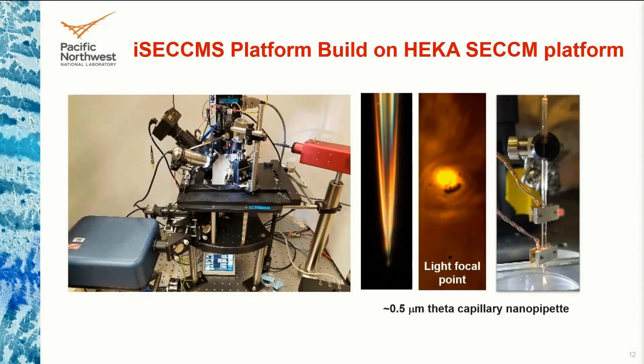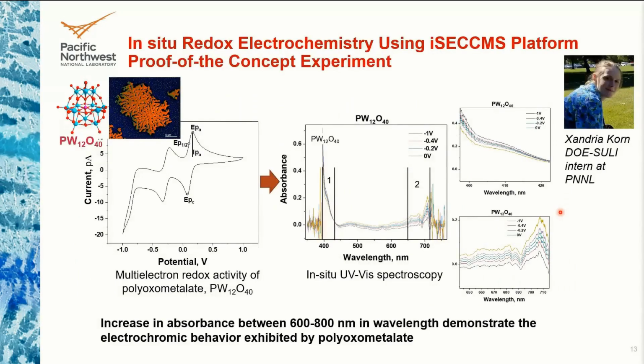So using this ISCCMS platform, we initially worked towards understanding the spectroscopy signature of a polyoxometallate, which we colloquially call a POM, which is a metal oxide cluster that looks something like this. But the interesting property of the polyoxometallate is that it has a multi-electron redox activity, as you can see in this cyclic voltammetric figure. And understanding how this multi-electron redox activity changes